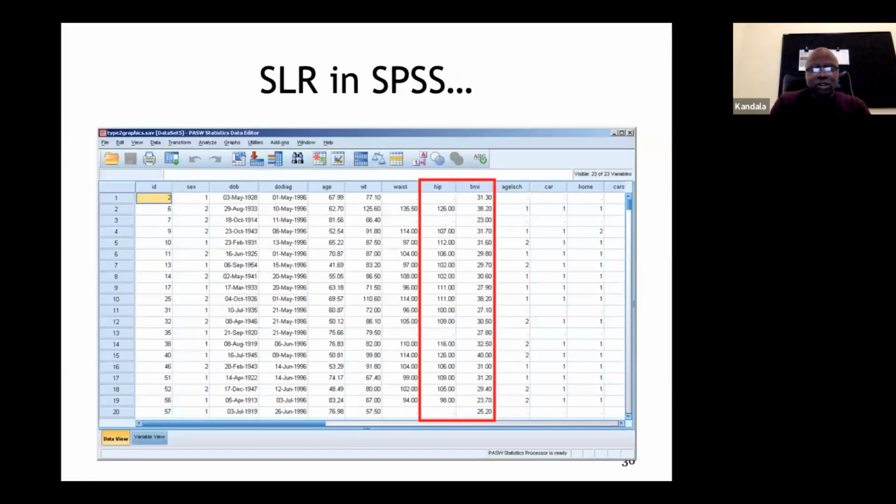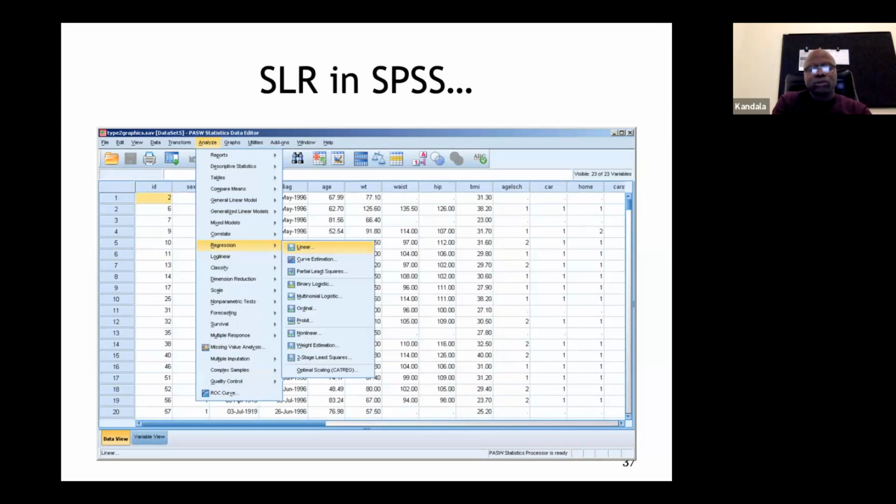In this case, you will have real data on IP and on BMI as indicated here. You can see there are some missing values, and you need to deal with them in the IP. There may also be some outliers, and you need to deal with them. Past that stage, you can go to fitting the regression: Analyze, Regression, Linear, as indicated there.